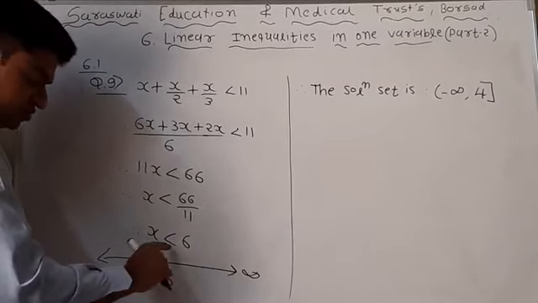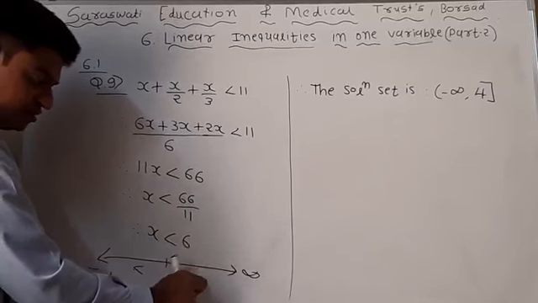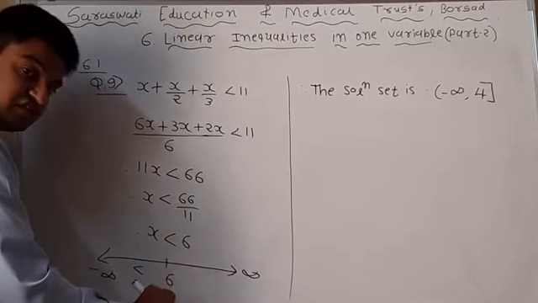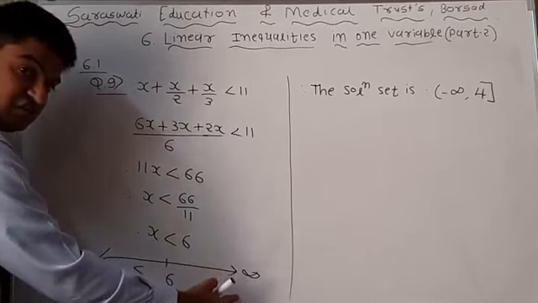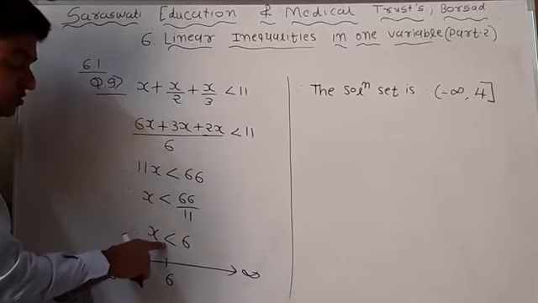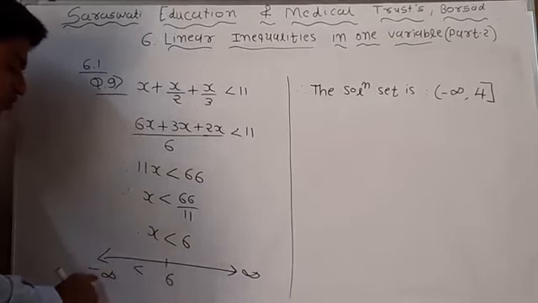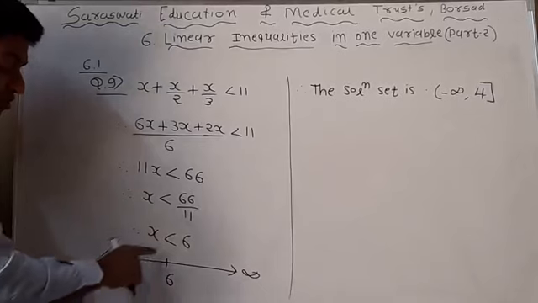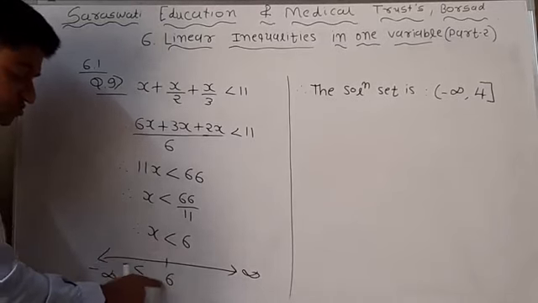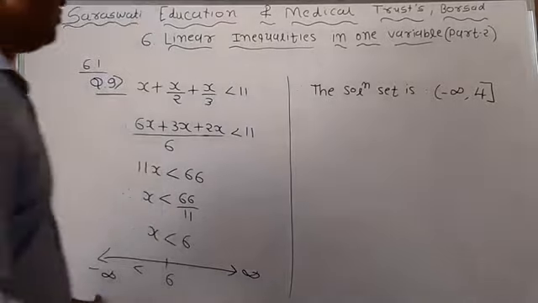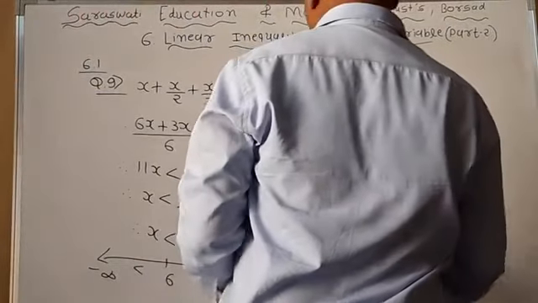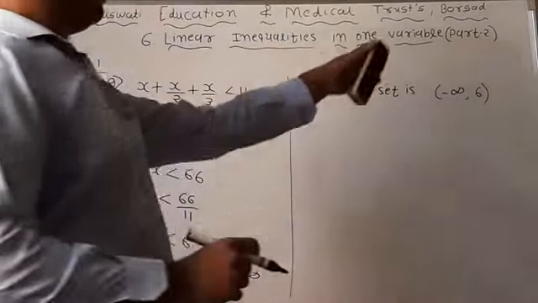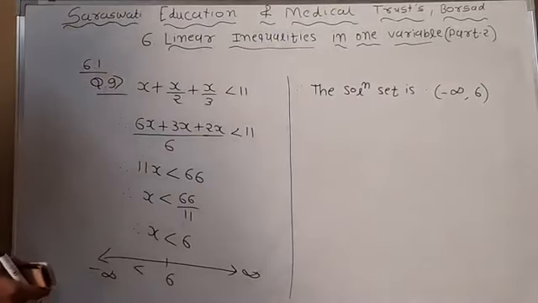Okay, and suppose the greater than form is present, then the arrow is written on this side. In this situation the first position is 6 and the second position is infinity. Now here the strictly less than form is present, so minus infinity is always in open interval form, and since strictly less than is present, 6 is also in open interval form. So the solution set is minus infinity to open interval 6. So our final answer is minus infinity to 6. Clear?